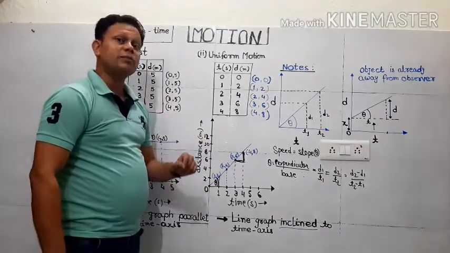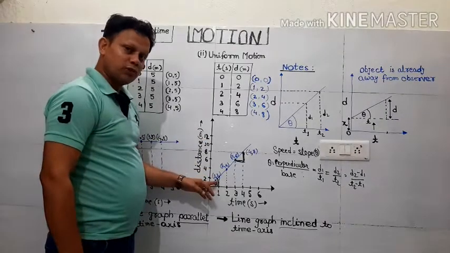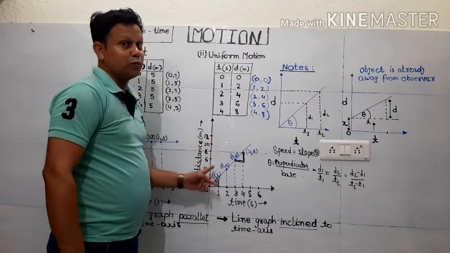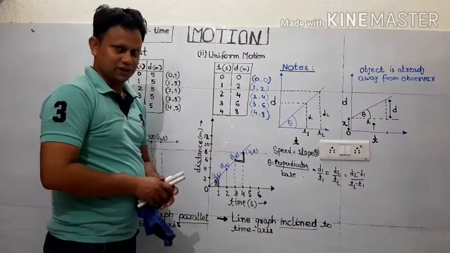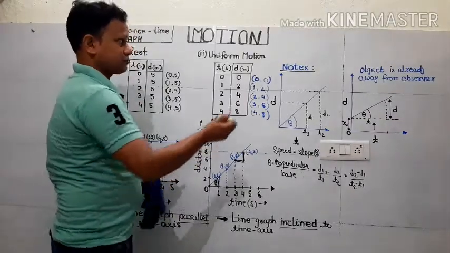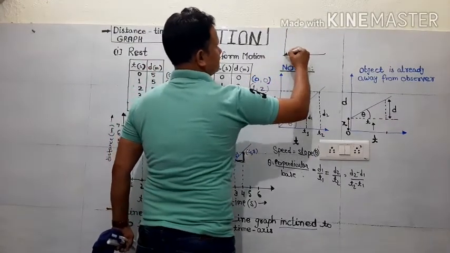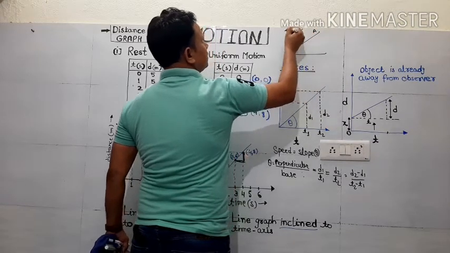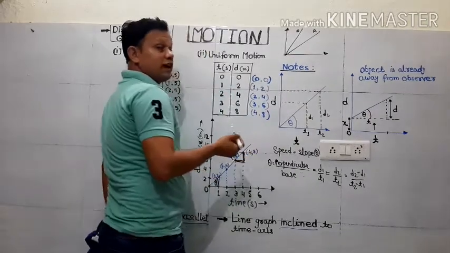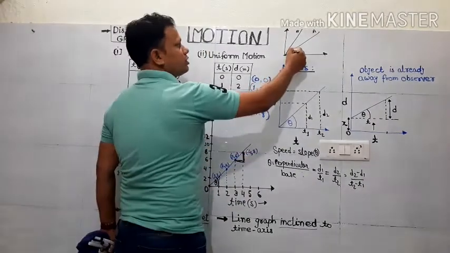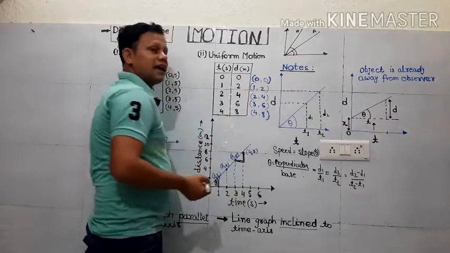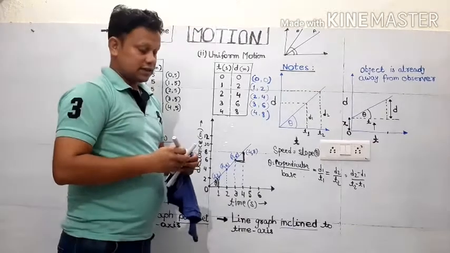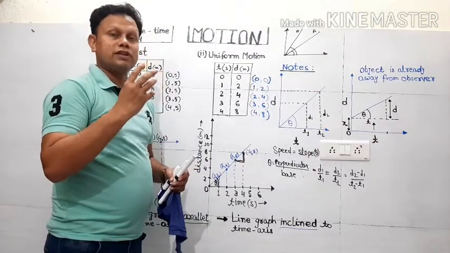Suppose somebody has a speed of 5 meter per second. So what do you think? The slope will be less than this, or more than that? So obviously it will be more, because it has a greater speed. Sometimes the examination asks, without doing any calculation, decide car A or car B, which one has a greater speed. So how will you find out? Without any calculation, by just observing the slope, by observing the angle. So obviously it is showing that B has a greater angle. That means it has a larger value of speed.